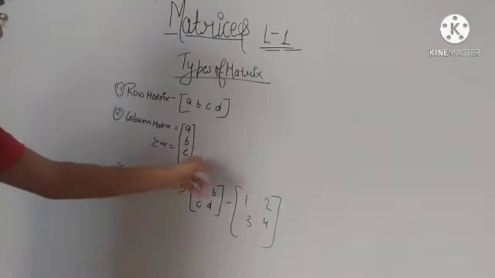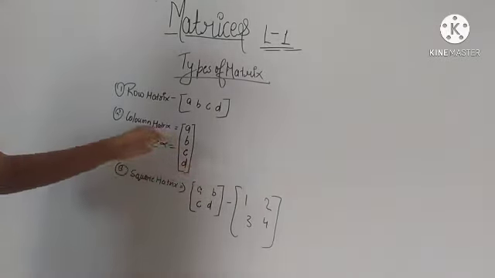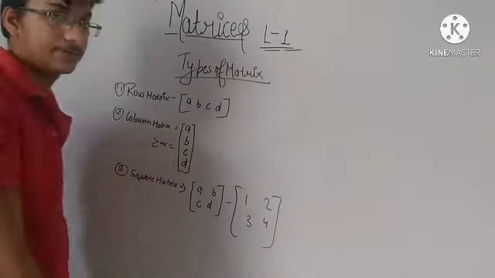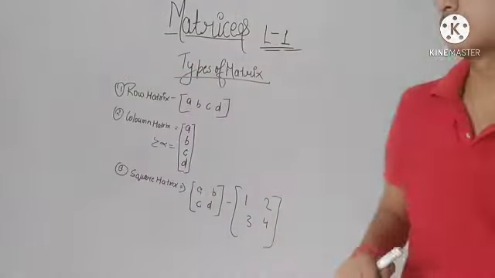A column matrix has only one column, and a row matrix has only one row. So